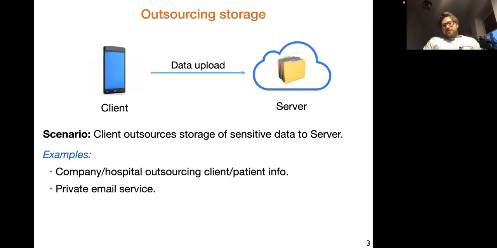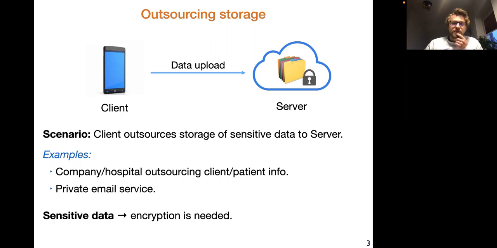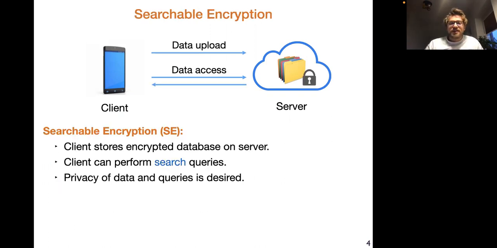So, quick things about SSE. When do you need it? Well, to outsource data on a cloud securely. For example, if you have sensitive data like a private email storage or hospital or company data that you want to outsource, and if it's sensitive, you need to encrypt it. So you of course need encryption for this, and in order to actually interact with the data,